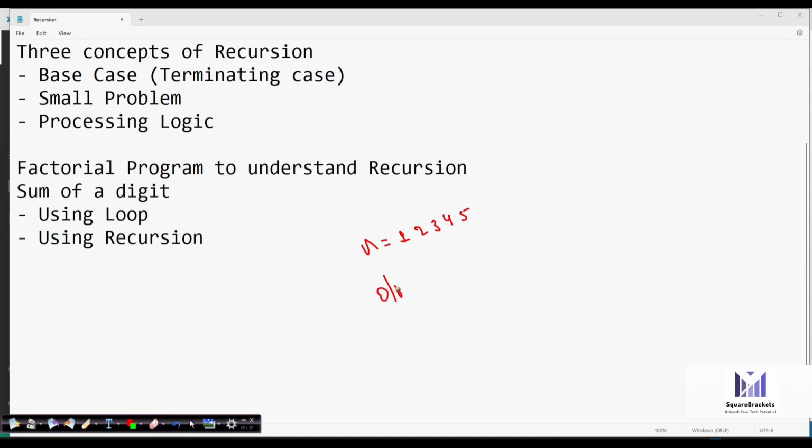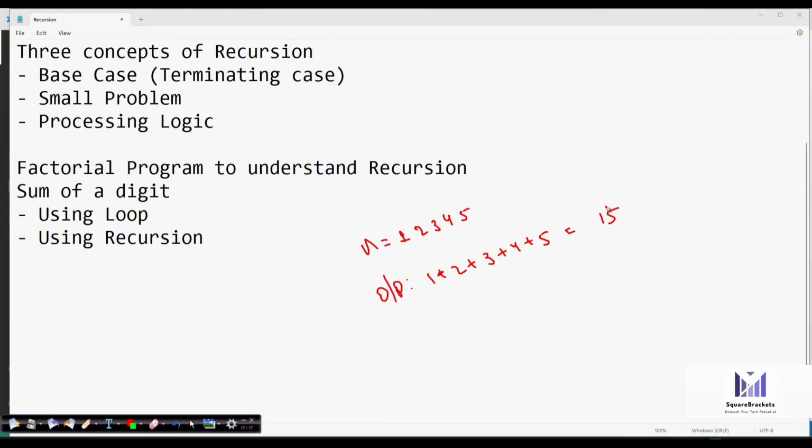Now the output will be 1 plus 2 plus 3 plus 4 plus 5. So the output will be 15. This is a very simple program that we have to build using recursion.